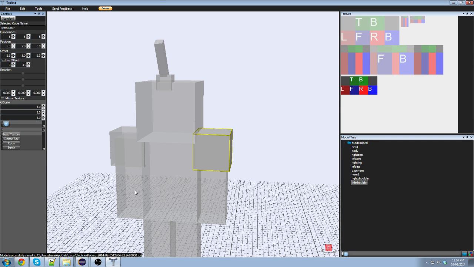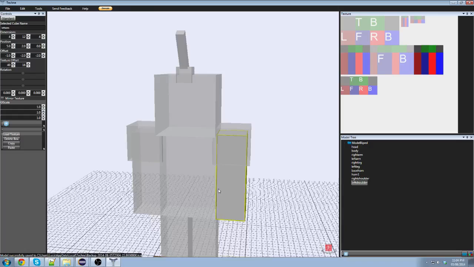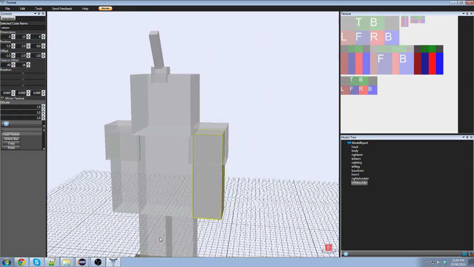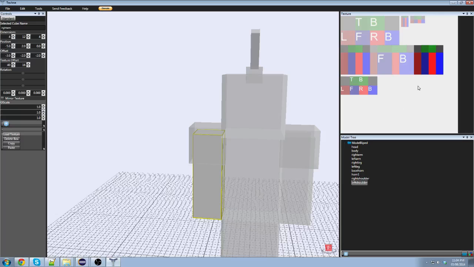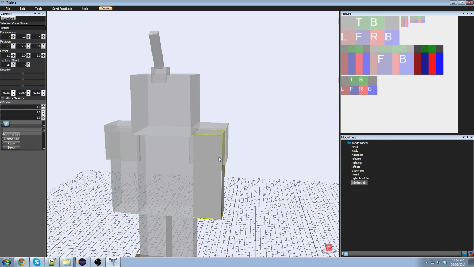You'll notice that the arms are also on top of each other, right? The same exact place. It's highlighted here. The legs are as well, the same place. If you want to have a different texture for the arm, go ahead and change this. Okay, so now that we have this done,